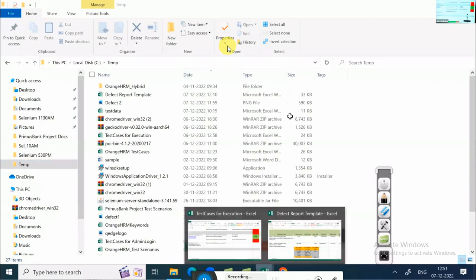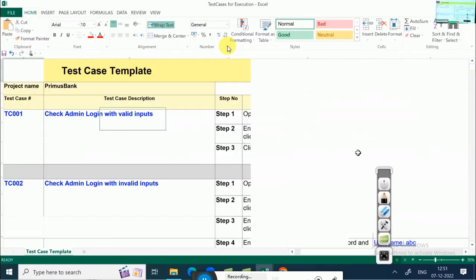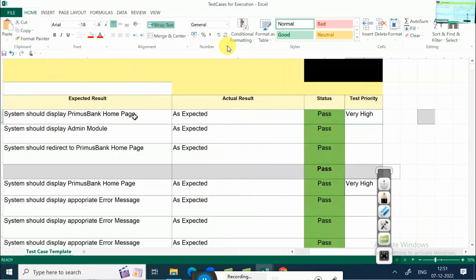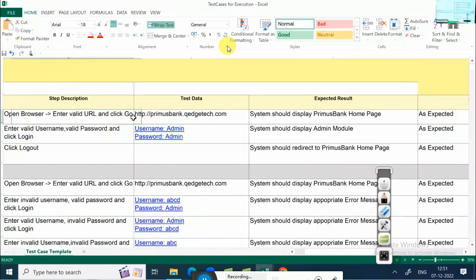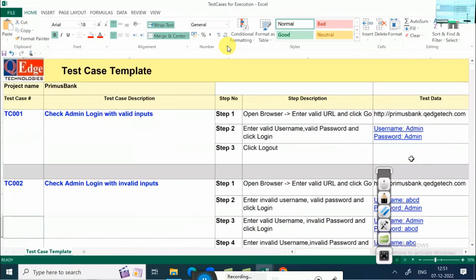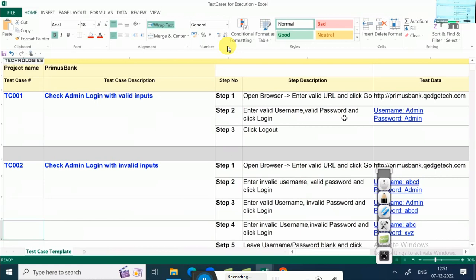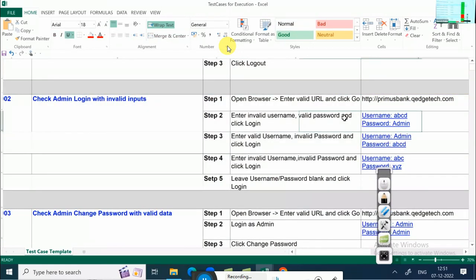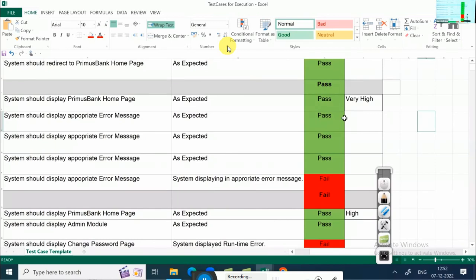We executed these test cases. Test case number 1 is already passed. Test case number 2, there is a bug. Test case number 2, there is a defect encountered. This defect I communicated. Maybe after 2 days, I received the modified version. How do I proceed further with execution? That is the question. So what I will do,